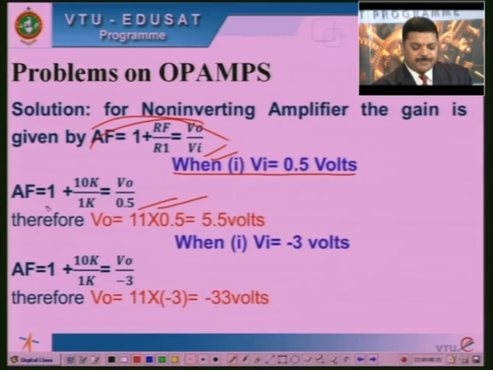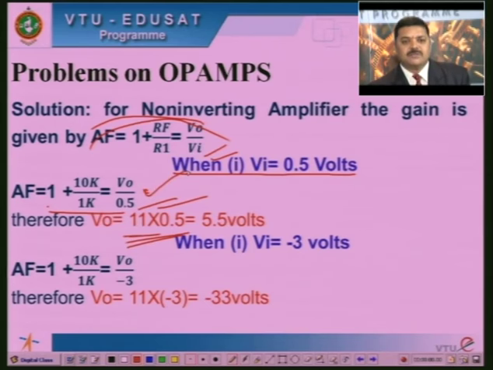AF is equal to 1 plus 10k by 1k, which is equal to V0 by 0.5. So, 10k by 1k is 10, and 10 plus 1 is 11. So V0 is given by 11 into 0.5. If you cross multiply this, you will get V0 is equal to 11 multiplied by 0.5,